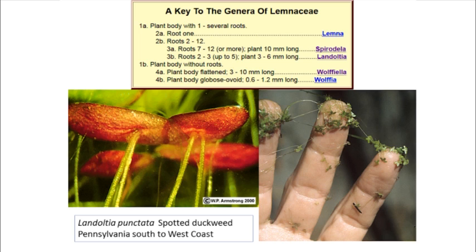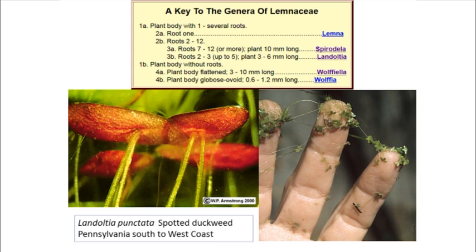the largest duckweeds are the Spirodela, and they're floating, and here it says 7 to 12 roots coming out of the bottom. And then the Wolffia are the really tiny watermeal ones. Oftentimes when you see duckweeds in a pond, you see more than one species. You'll see the Wolffia and the Spirodela and the Lemna at the same time. But when you go see duckweeds, just stick your hand in there and see if you can see the different